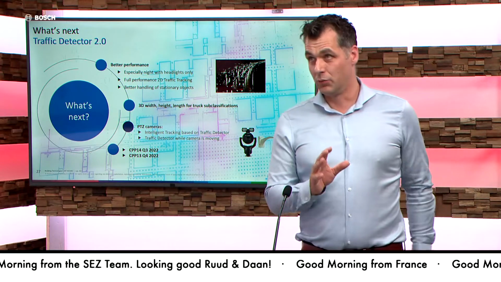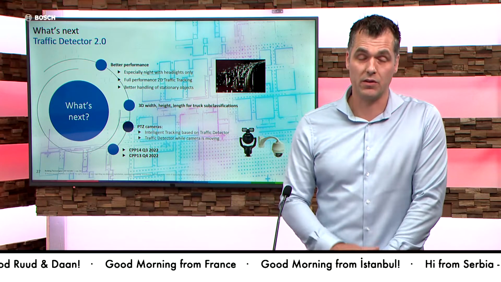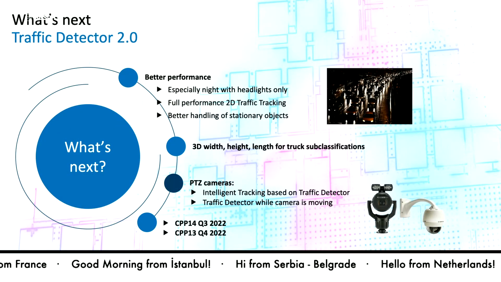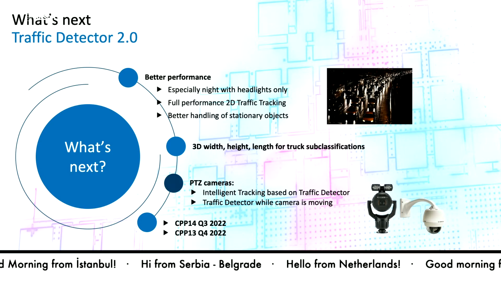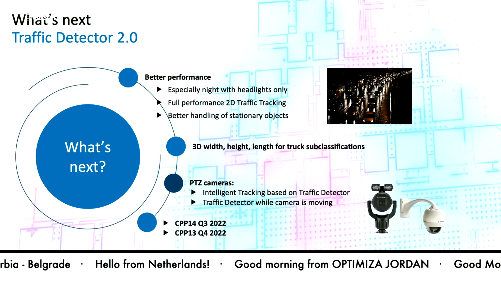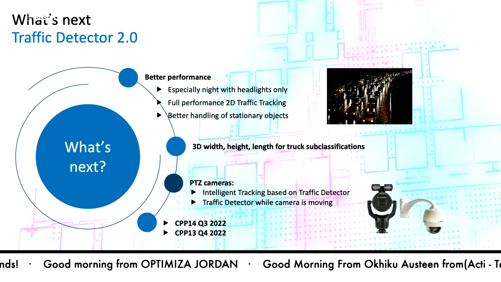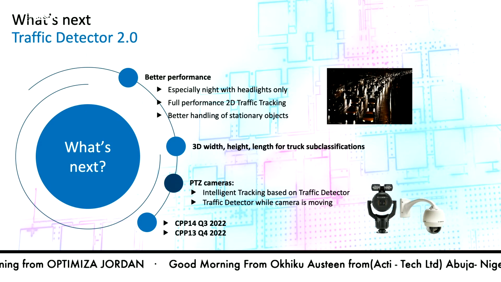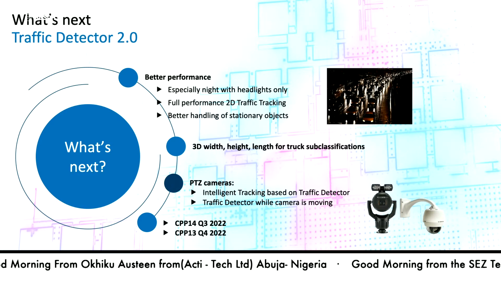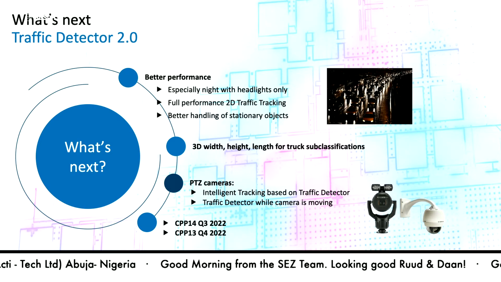Looking at what we are also getting in the traffic detector, what we like to call 2.0, which we are still working on, an outlook to the future: better performance. Better performance meaning that we sometimes see pitch darkness, and you see cars going onto a highway, for example. On that highway there is no light, there are no traffic lights, and that means that you don't see the shape of the car. And if you don't see the shape of the car, then the AI engine, which expects at least the shape, is not really at its most performant.